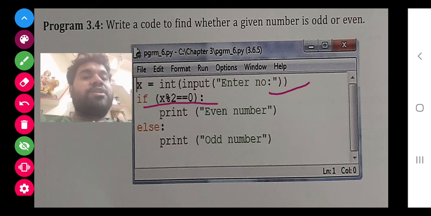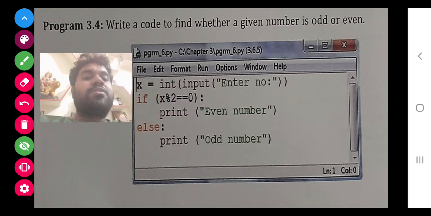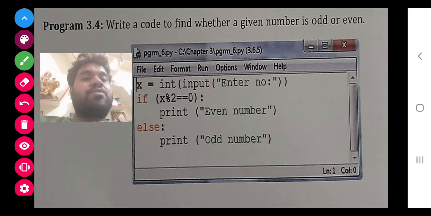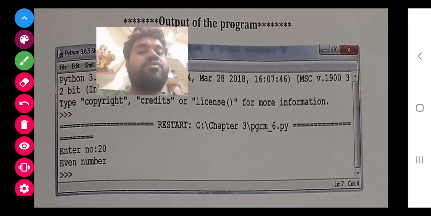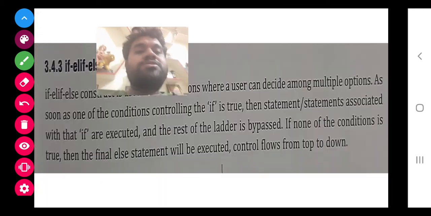Mod 2: mod gives the remainder. So if a number is divisible by 2 completely, and no remainder is left, then it is an even number. You all know that, but technically how to express it is what you have to learn in computer programming. So finally, even or odd. In the output, if the user enters 20, it gives an even number, and if the user enters 97, it gives an odd number, because 97 divided by 2 leaves the remainder 1, so that's not an even number.